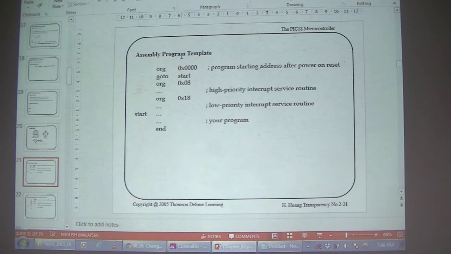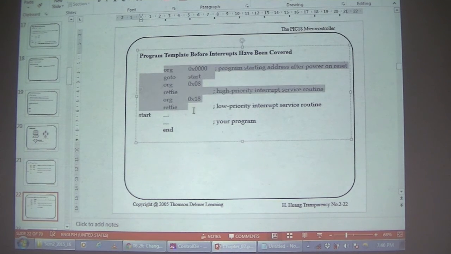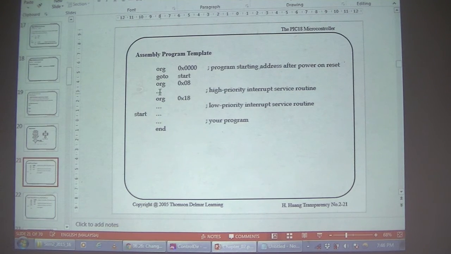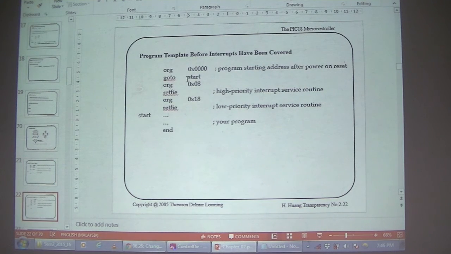So, coming back to our assembly language program template. Now you all have already seen this format, right? Actually currently we are using it like this. This is the standard thing that we are using. But in chapter 6, we will learn how to enter some instructions in between. So until chapter 6, we are going to keep it like this. So the program start template, do not disturb it until chapter 6. Is it okay?